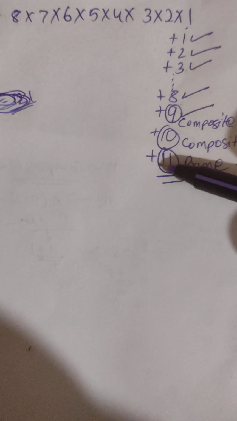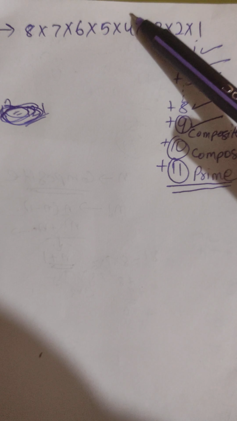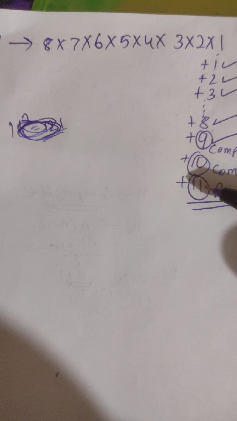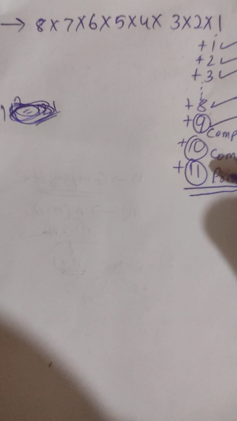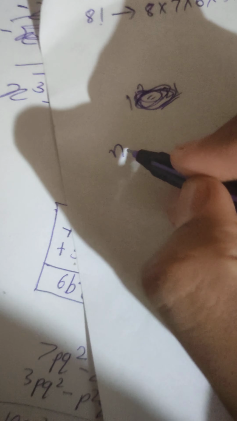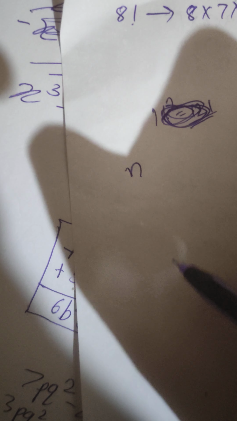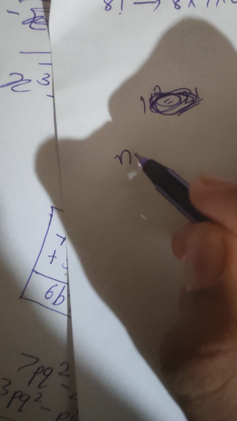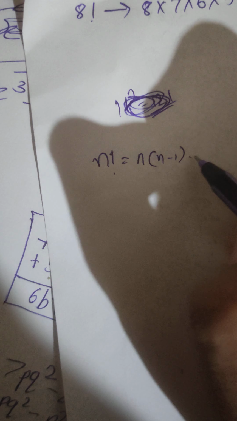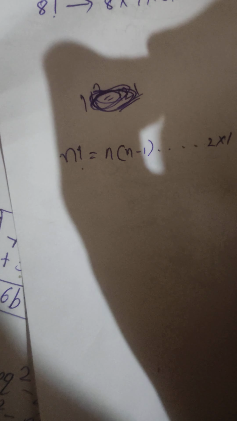But when we do plus 11, we don't have any factor of 11 here, so here it becomes a prime. So what I could notice here is that if we take any general number n, whether it be prime or a composite number, and we write n factorial, from n minus 1 till 2 into 1,